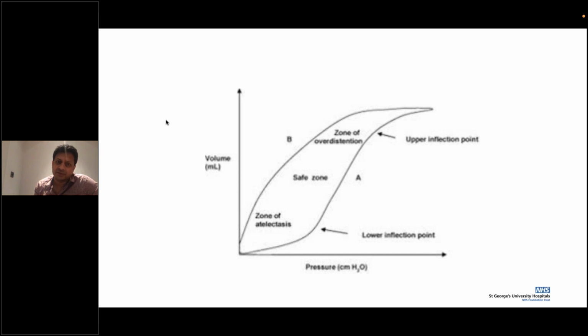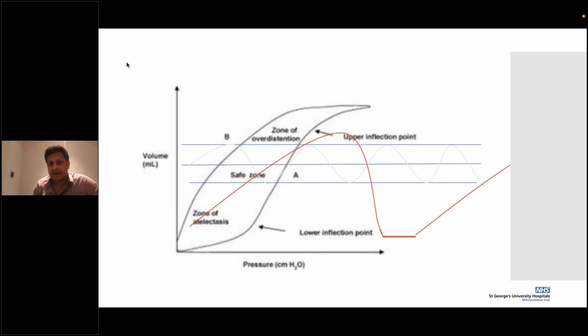Then high frequency mode of ventilation actually serves as a very good mode of ventilation, because the targeted tidal volume over here is anywhere between 1 to 3 mL per kilo. What we're doing is giving sudden bursts of continuous oscillation to the baby, and it works slightly, ever so slightly, in a different fashion. So instead of the pressures going all over the place, you'll aim anywhere between 1 to 3 mL per kilo, and it'll still be in the safe zone, and that would be the idea for high frequency ventilation.